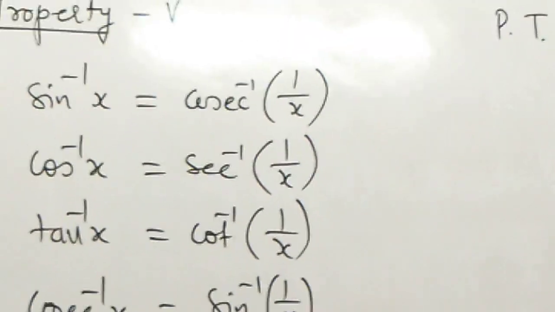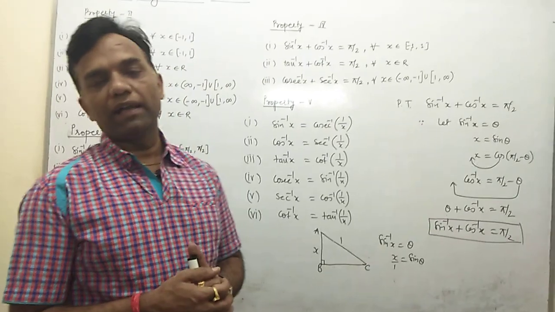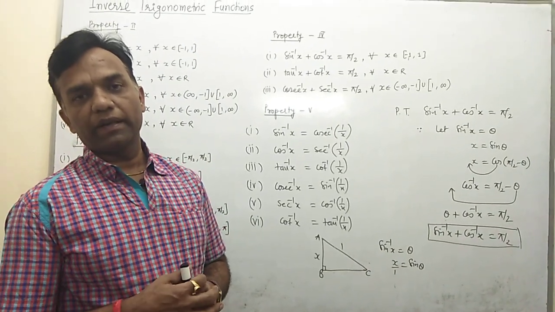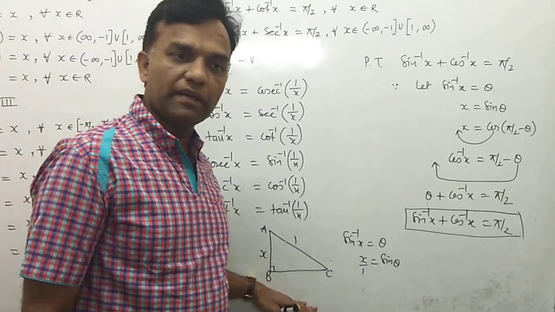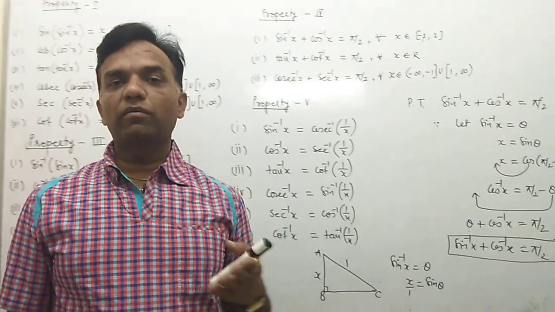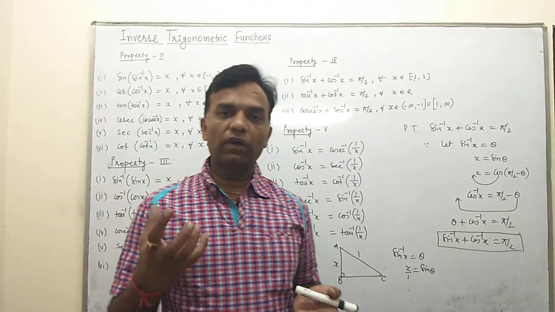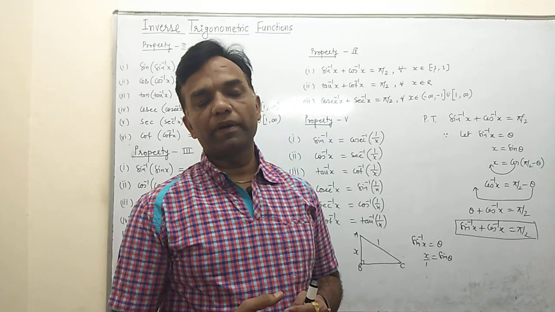For this type of conversion, where you convert a value into a different trigonometrical form, always take the help of the right angle triangle. Draw the right angle triangle, write down the given value, and then convert into any trigonometrical ratio. If you have one particular trigonometrical ratio, you can convert it into the different types of trigonometrical ratios.